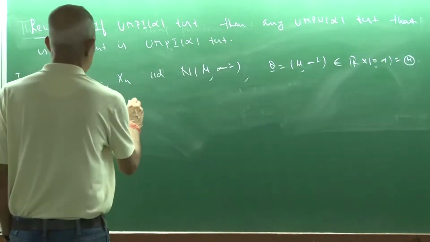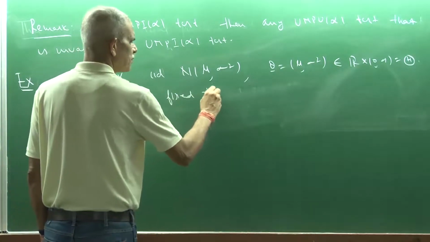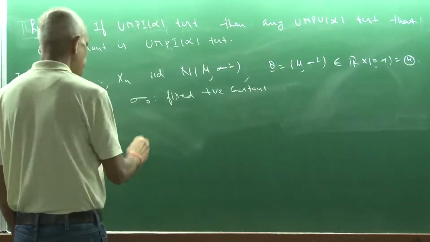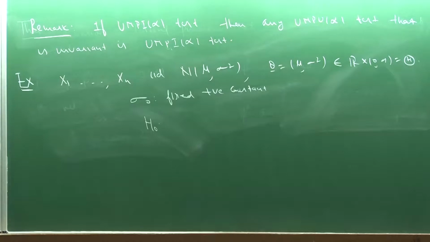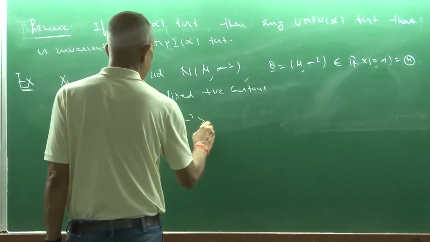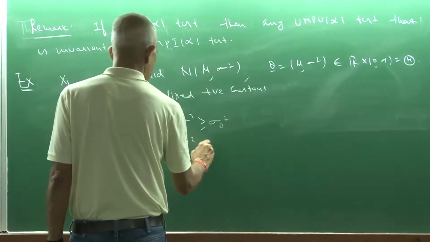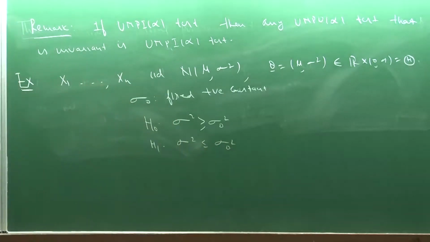Sigma naught is a fixed positive constant given to us. And suppose you have to test the hypothesis H naught, that sigma square is greater than or equal to sigma naught square, against H1, sigma square is less than or equal to sigma naught square. Now, if you recall, this is the case